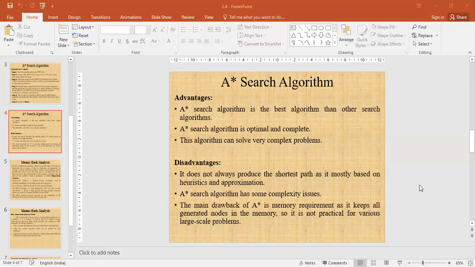It does not always produce the shortest path, as it is mostly based on the heuristic and approximation. A star search algorithm also has some complexity issues. The main drawback of A star is the memory requirement, as it keeps all generated nodes in memory. So it is not practical for various large scale problems.